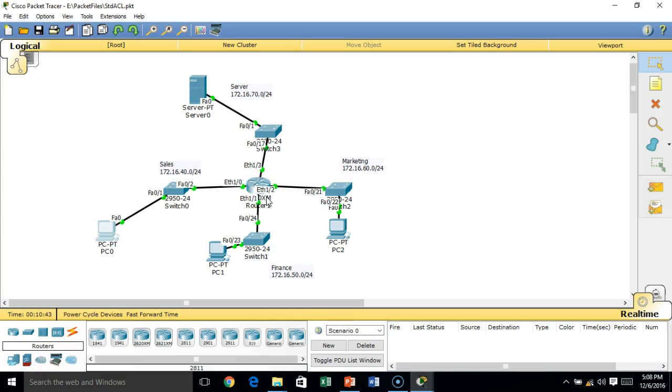What do you mean by closest to the destination? Closest to the destination. This is the network I'm going to. The destination is where I'm going to. The source over here, going through the router, destination where? Closest to, just like if you're going to Los Angeles, the destination would be Los Angeles. Here the destination is the network 172.16.50. Okay? Does that make sense? Yeah, I know where I'm going, but